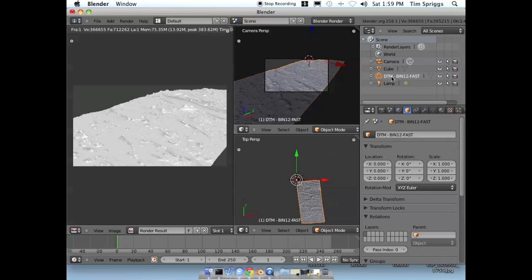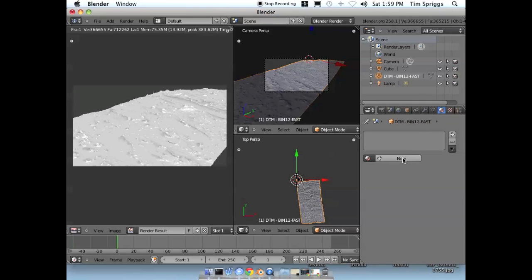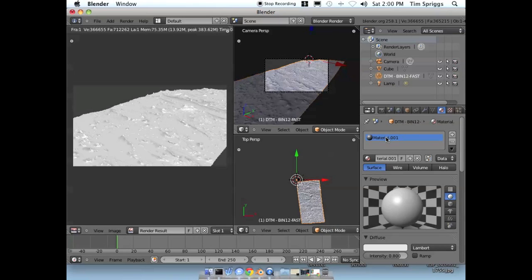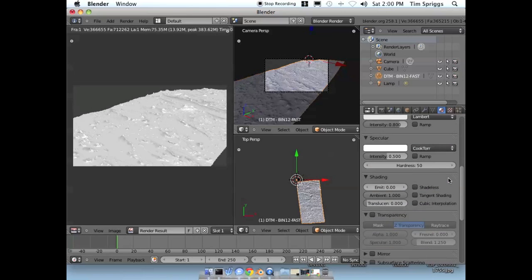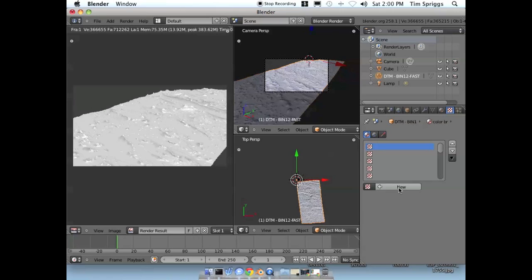If we go and we select our DTM over here, and then we go under the Material tab, then we can actually create a new material, and this is creating a new material for the DTM in specific. And so, you know, we can name this material whatever we like, and so I'll just call it a color browse. Okay, so there's our color browse material, and let's scroll down, or if you have a larger screen you won't have to scroll, and you can click on shadeless. And what that's going to do is it's basically going to say, hey Blender, don't bother making all these shades for us,